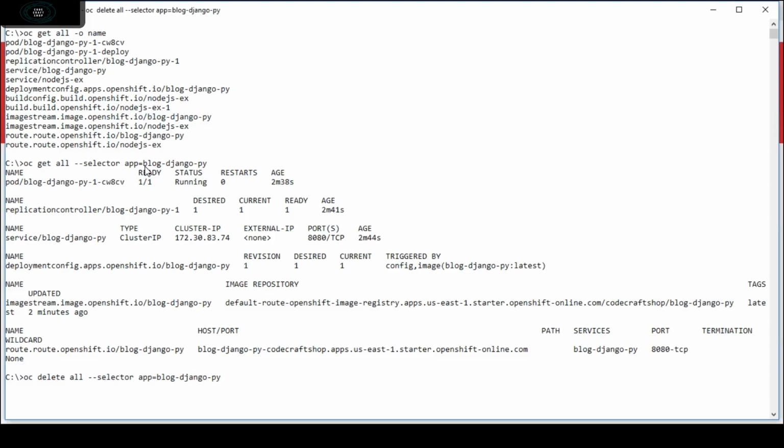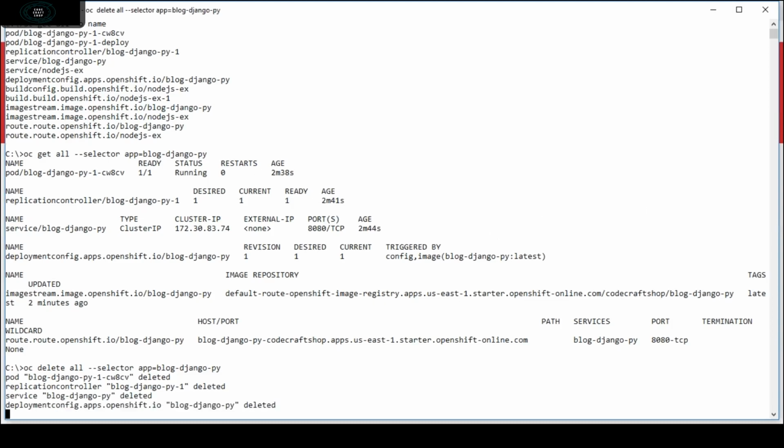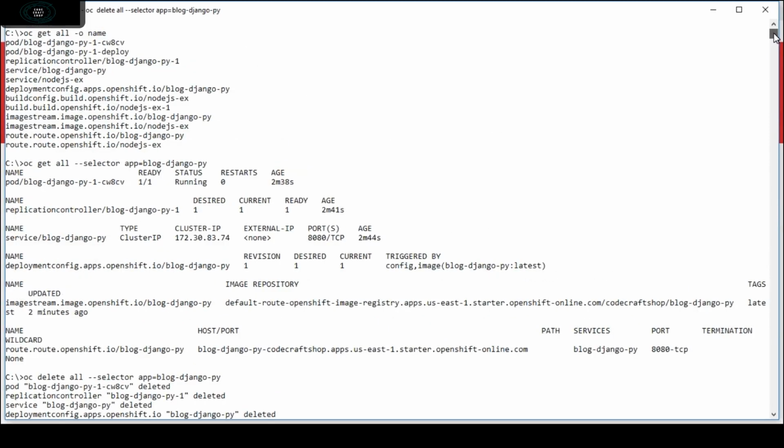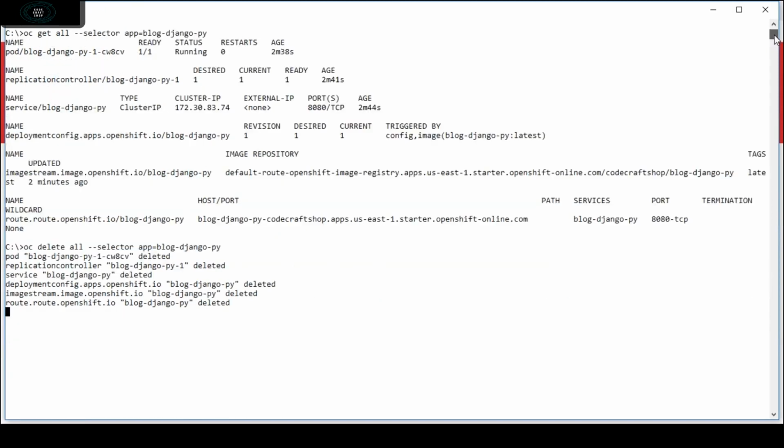So oc delete all --selector app=blog-django-py will delete all the resources associated with this application, and we will verify once again by using the command oc get all -o name. oc get all -o name lists all the resources that we have in the project.